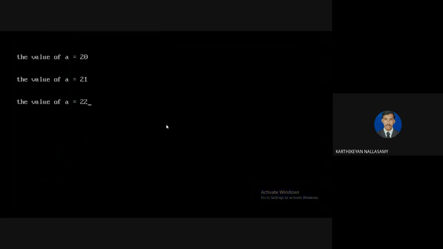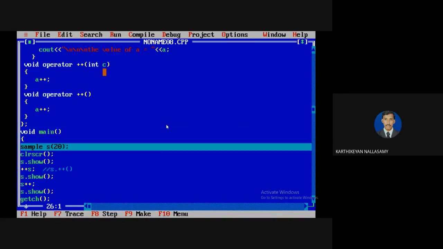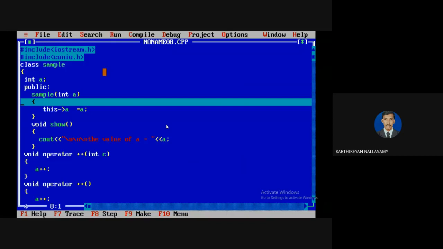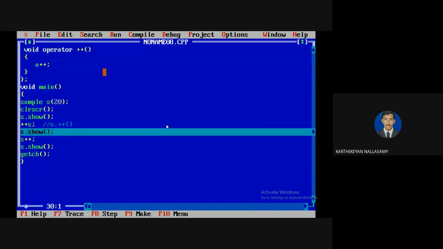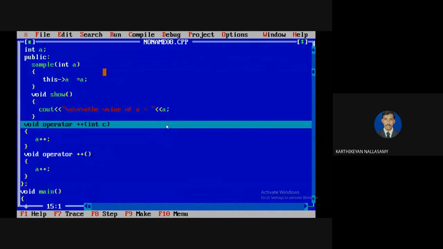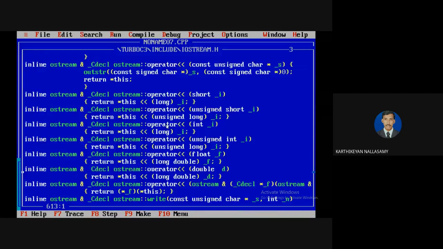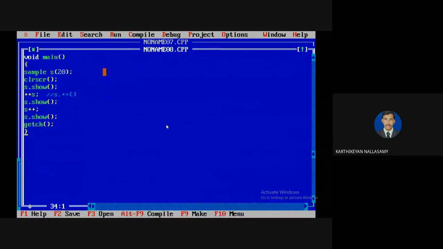So it will be displayed as usual. You can check how it works by tracing with F7. It calls the method and displays as usual. The next one is for the post version. It will execute that operator function, which takes one extra argument, but actually there is no need to use those extra arguments anywhere. The compiler substitutes those extra values, so there is no need to define extra